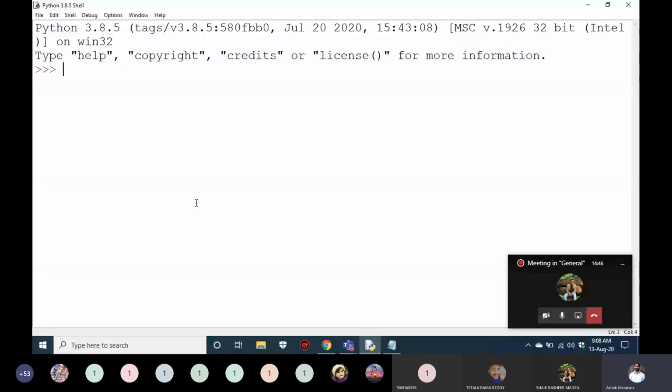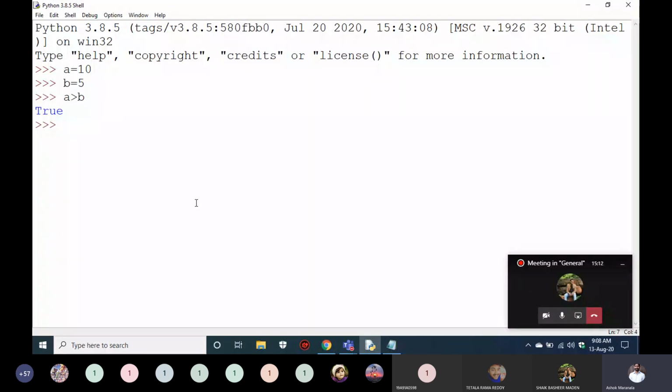Now we'll see how they work. I'll take an integer data in a variable a, and I'll take another data, 5. I want a relation between these two things, whether they are less or greater. So if I go with a greater than b, every time the relational operators will give you output in boolean. That means you'll get true or false.